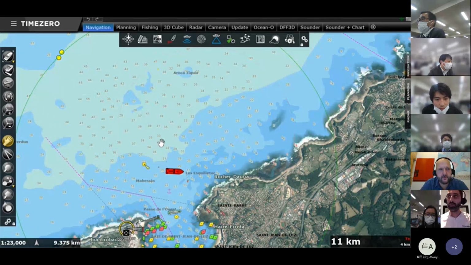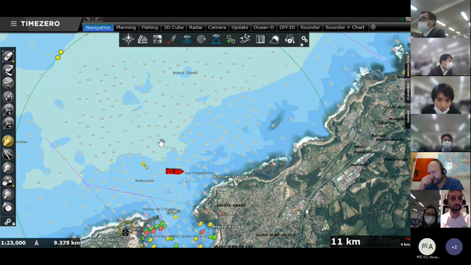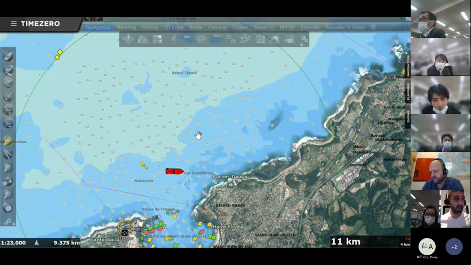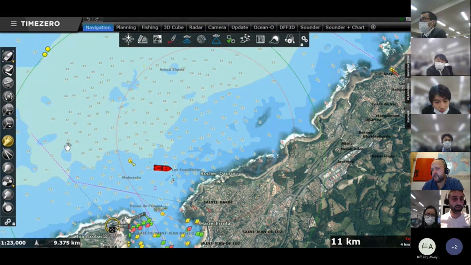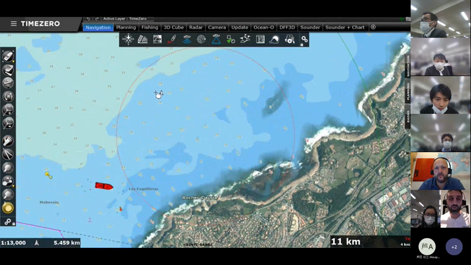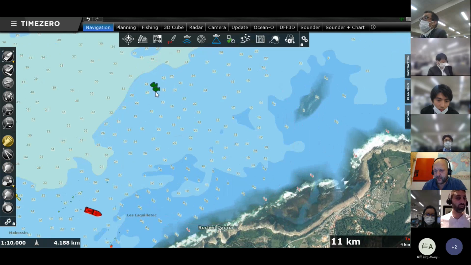First of all, if you are a user that purchased TimeZero for the first time and start from scratch, you don't have any data or database, you just purchased TimeZero, and you will start to create your database. You will use the toolbar here to create some marks. Let's say you go on a nice fishing trip. You probably change the color here. You have some good results. You want to put a mark to make sure to be able to find that place again. So you will create a mark, and you can change the symbol of that mark.